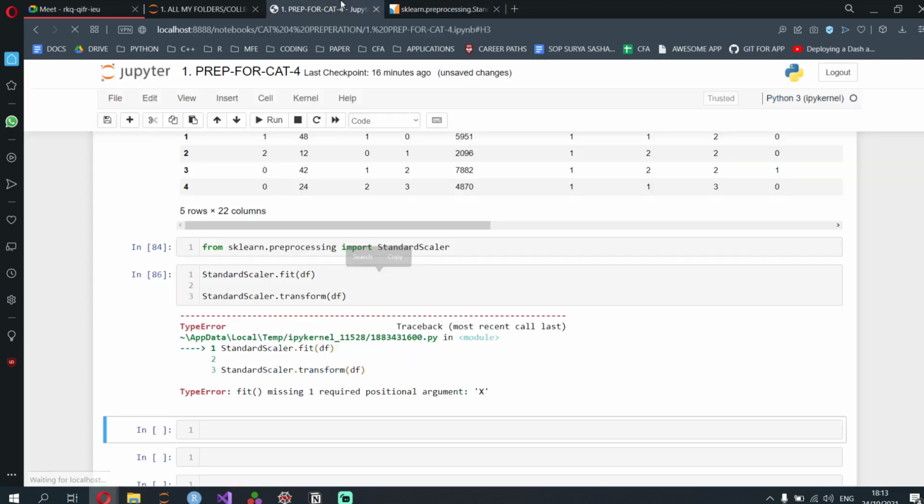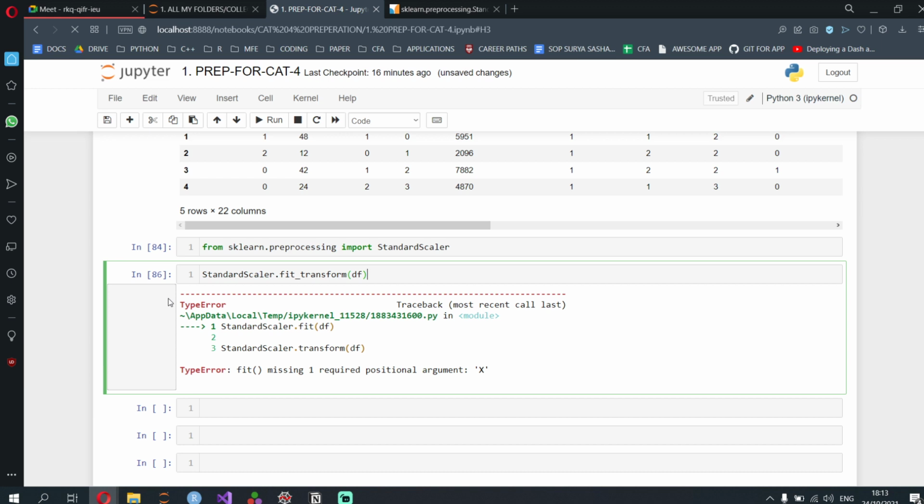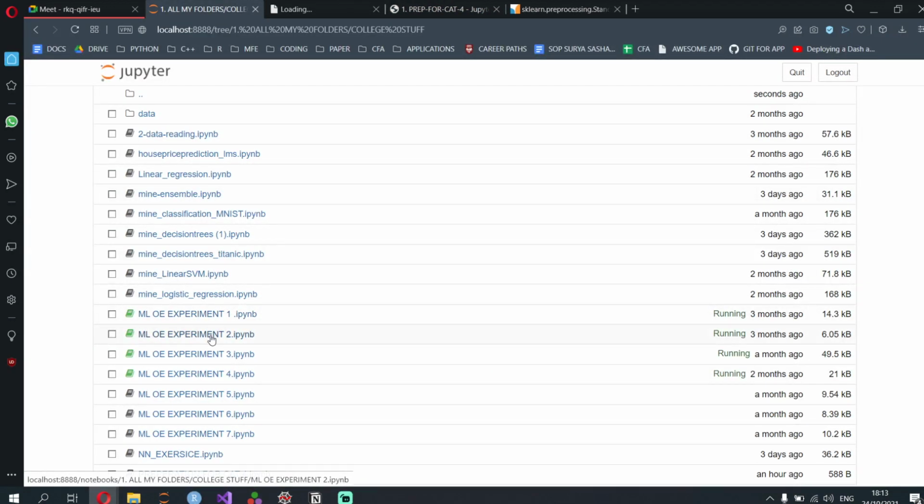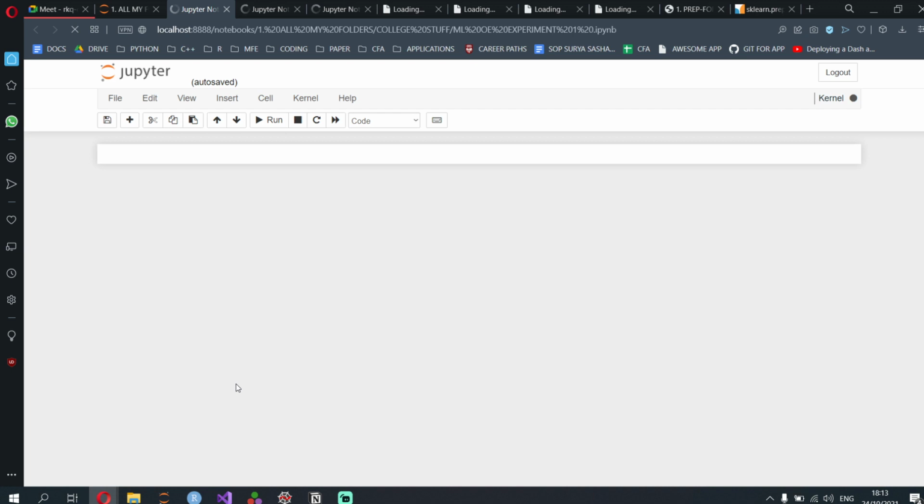You should be able to do fit and transform in one shot. Okay, we'll just see over here what we've done in the ipynb files in the machine learning assignments. It won't be in this, it will be towards the end only, right?